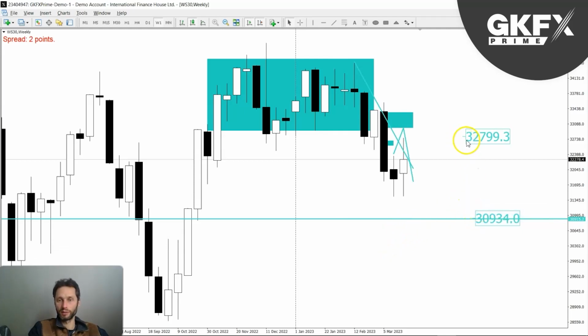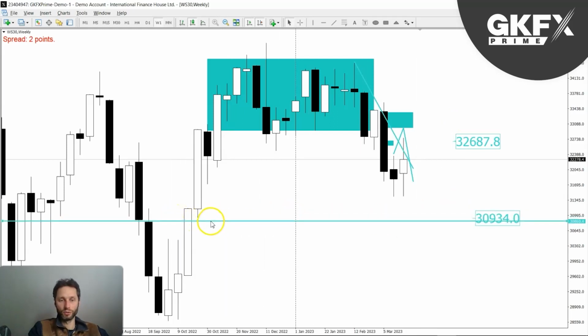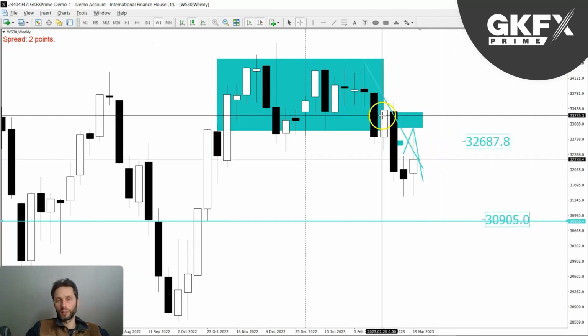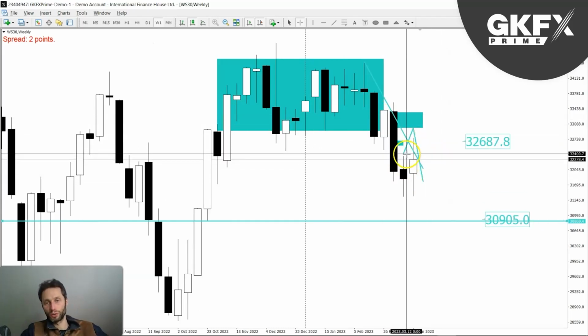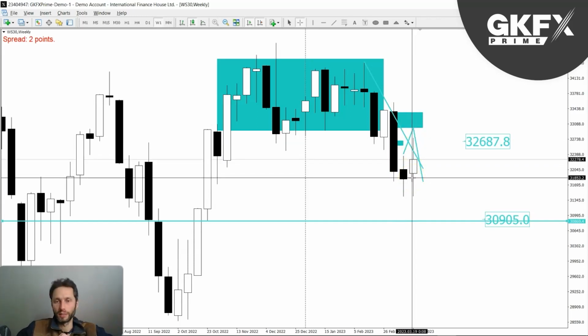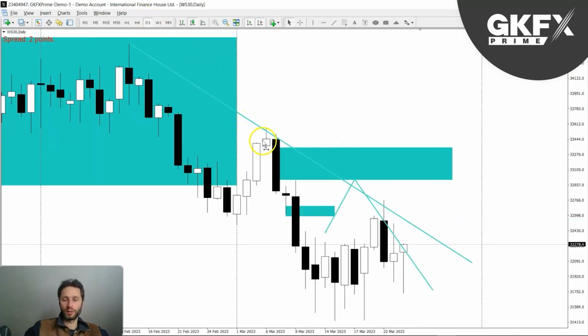I'll remove these reference points, and this was the next reference area to trade into. So here it is, about the 3900 number, something like that. And last week you could see that we did not close above the extreme high of the week before. It's kind of a neutral candle. I know it's bullish, I know it's showing a little bit more strength because it closed higher than the open price. However, it's not very significant, and because of that, I still see more weakness than strength, so to speak, in the market, or more probability for the market to move to the downside.